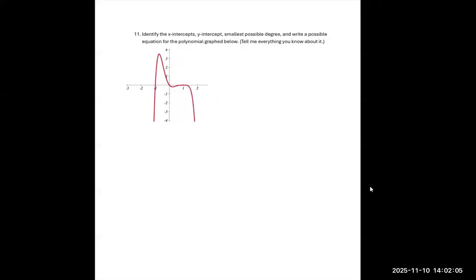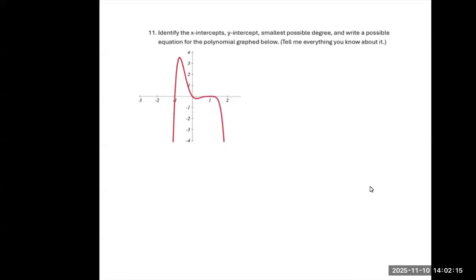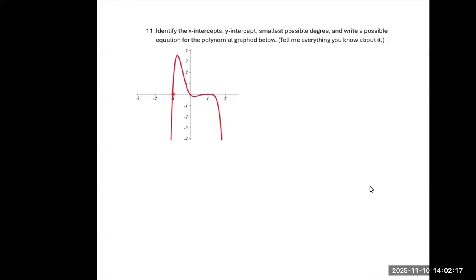Identify the x-intercepts, y-intercept, smallest possible degree, and write a possible equation for the polynomial graph below. So the x-intercepts are where the graph is hitting this horizontal x-axis. They're happening here, here, and here. The x-intercepts